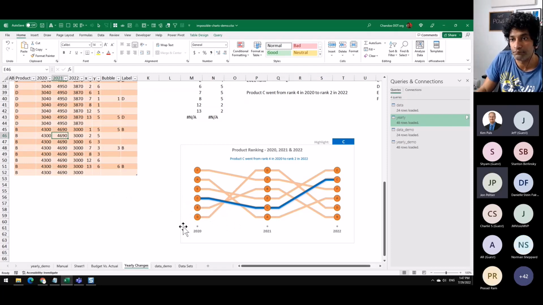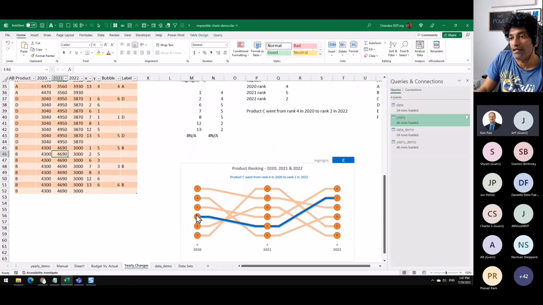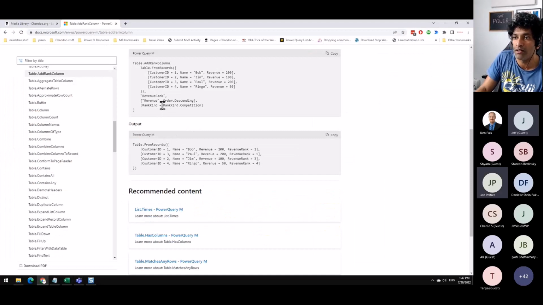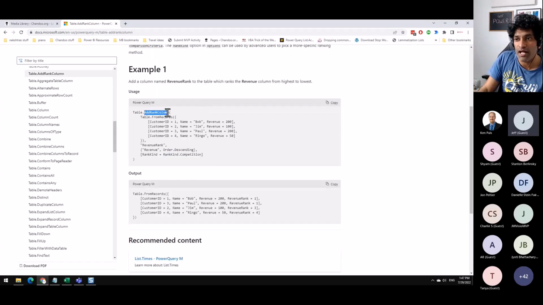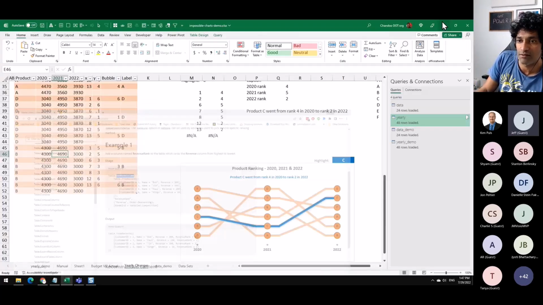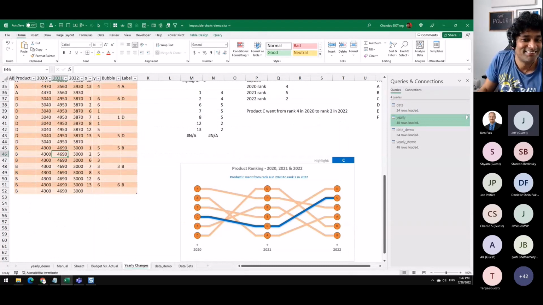If you went into something like a standard competition ranking, where you ended up with two points that came up to the same number, if you want to have the same rank, then this is our choice. We could use the add rank column and then use the competition style ranking, and that would pretty much make both of them the same. The only problem that I found with this is you cannot add multiple columns. You must write this entire M code for each type of rank you want to generate. So it didn't seem like a huge thing. Yeah, but if you are going that extra step, you might as well do that. There you go. Hopefully that helps, Henry. I guess it depends a little bit on what you actually want your chart to look like, but there you go.